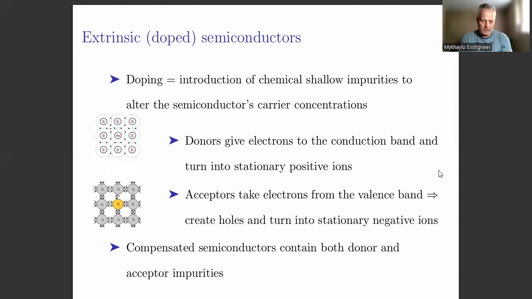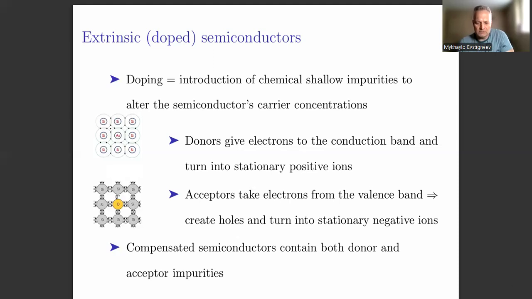So again, the product of the concentrations of majority and minority carriers is the intrinsic concentration squared, due to the mass action law. So if acceptor impurities make the hole concentration bigger by 1,000,000 times relative to the intrinsic concentration, then the electron concentration will be smaller by 1,000,000 times. All right. And then there is, of course, another type of semiconductors,